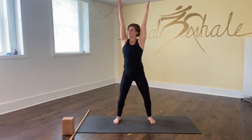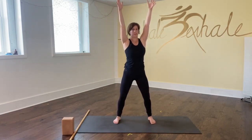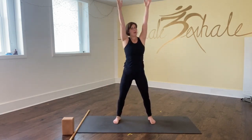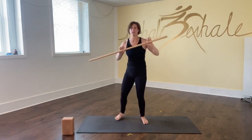1, 2, feel that active twist. 3, last one. 4, good, rise up, shake your legs out, grab on to whatever you found for your dowel or stick, broom